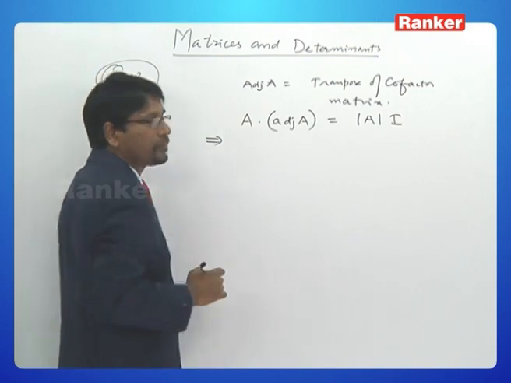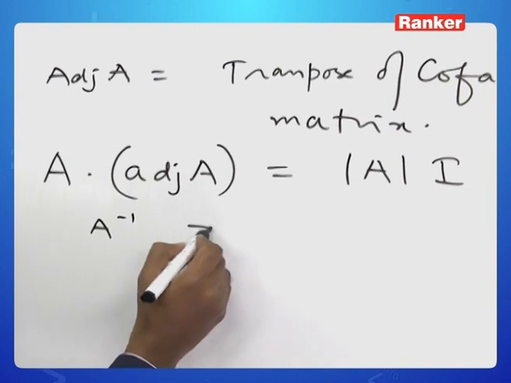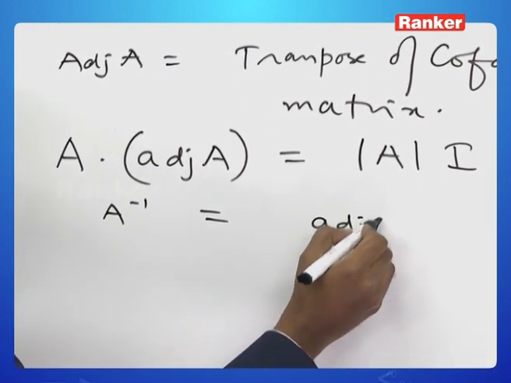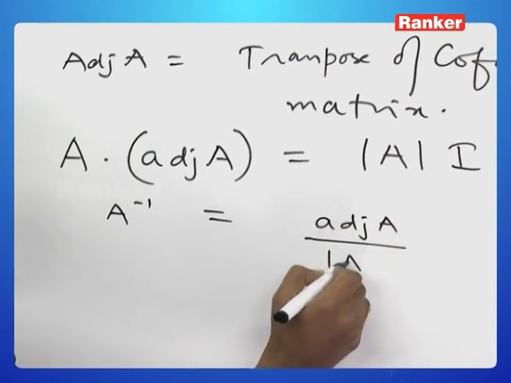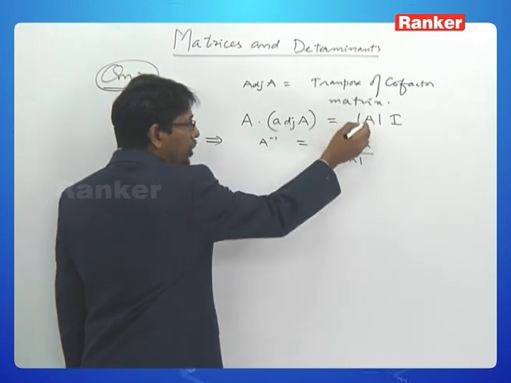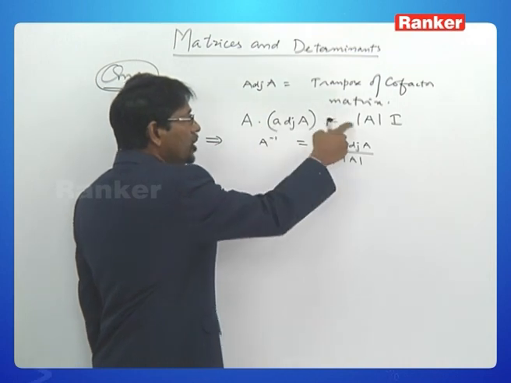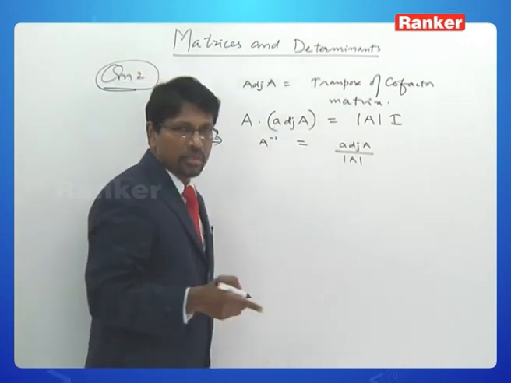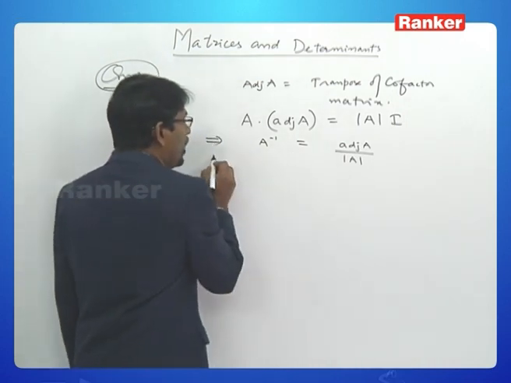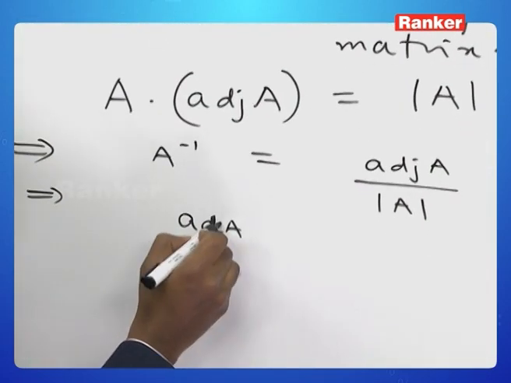From here, it's clear that A inverse will be equal to adjoint A by determinant of A. Because A operated with adjoint A by determinant of A, you bring this determinant of A down. So A multiplied with the adjoint A by determinant A will give me the identity matrix. So that means that this has to be the inverse. And this also would imply that adjoint of A inverse is equal to,